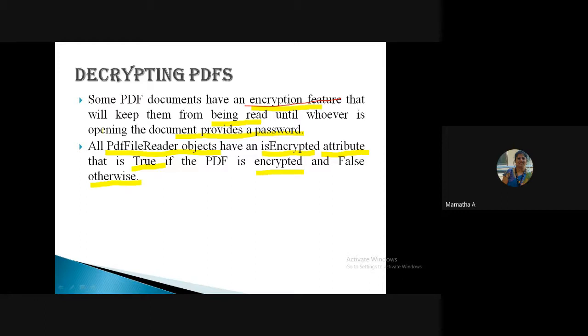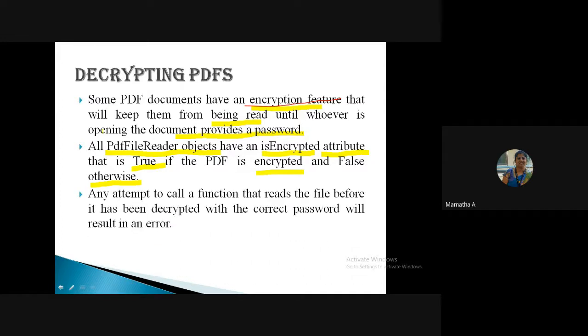First, you should check this. If it is encrypted, you have to decrypt it. If you try to call a function that reads the file before it has been decrypted, it will result in an error. So you cannot simply open the file which is encrypted; you have to decrypt it.